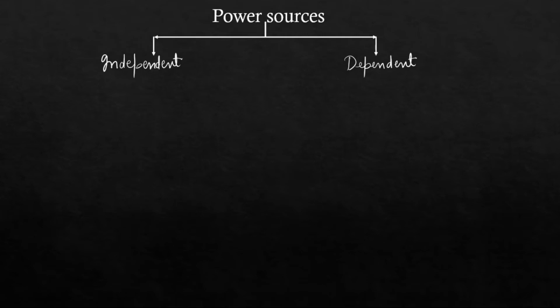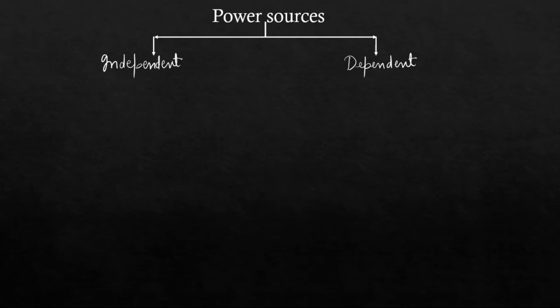But if you think in terms of a transistor, where the output current or output voltage depends on the input current or input voltage, that means it is a dependent source. The output parameter of this device depends on its input parameter. So independent source means the power supply, that is voltage or current supplied, does not depend on any other parameter. But if it does depend on any other parameter in the circuit, then it is a dependent source.